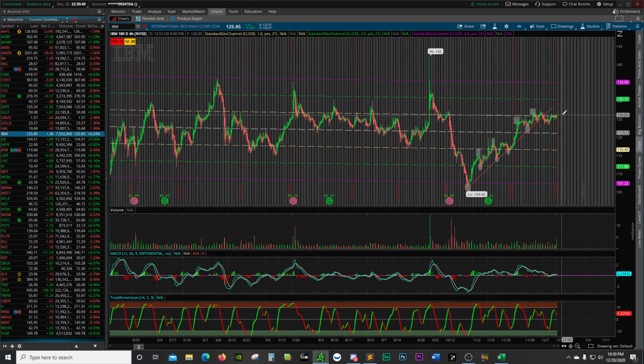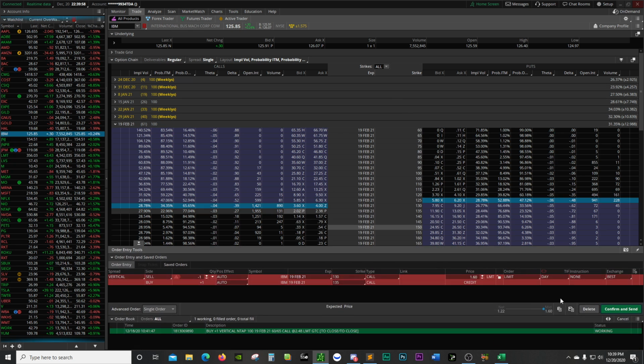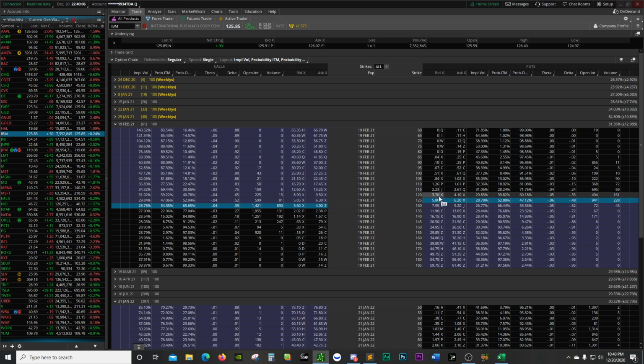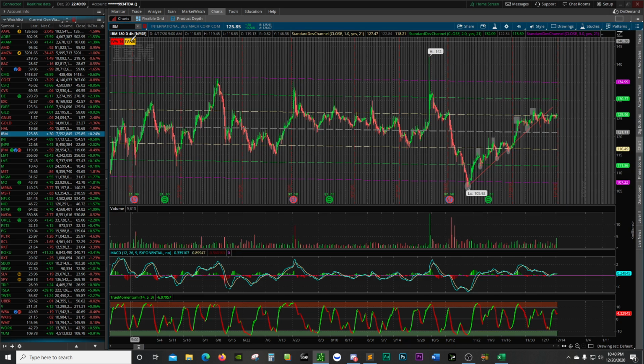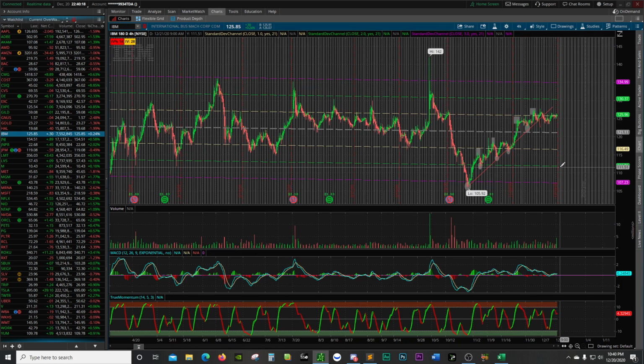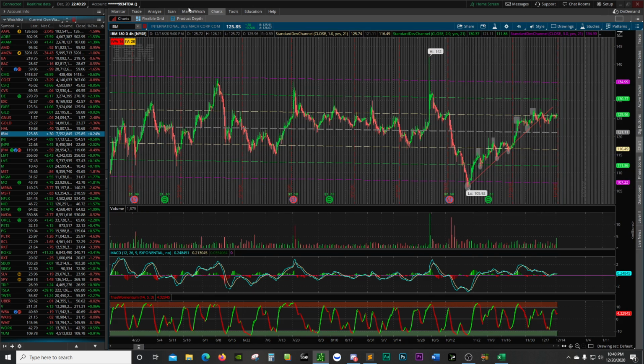let's try this. Let's say I think 125 is the top, and I get paid 160. And then as the price falls, IV would probably be in my favor. So let's say the price gets down to 115 or so. I'd be looking to sell a little bit further out, selling it off of the support area.